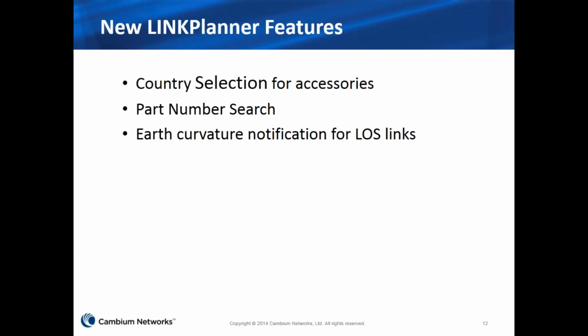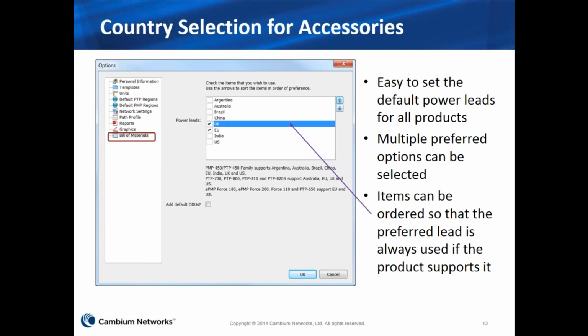And we'll look at some more features that are more either generic or specific to PTP. In the options menus, we've had a way to set up on the bill of materials to select default power leads or kits for some time, but previously you had to do it for each different product. So we've changed this around a bit so that you can now just make one set of selections that will apply to all products,